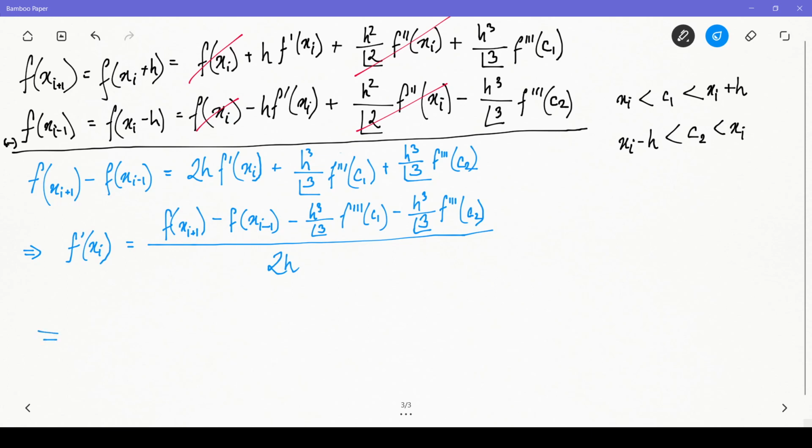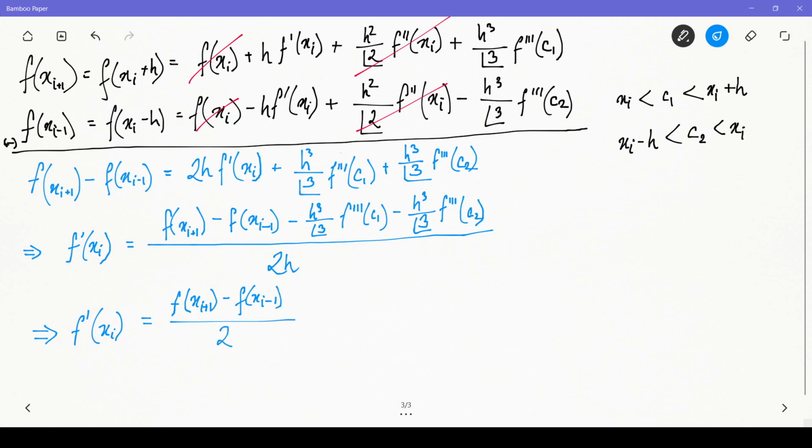Now let's try to simplify it further. Not technically simplify. Let's try to rewrite this equation a bit more clearly so that we can get a better idea of what the error complexity will be. Notice that we have h at the denominator and h at the numerator for two terms, right? So let's separate these two terms out so we can come up with h square. h cube divided by h will be h square. So how do we write it? Let's isolate the first two terms. We have f at the point x sub i plus 1 minus f at the point x sub i minus 1